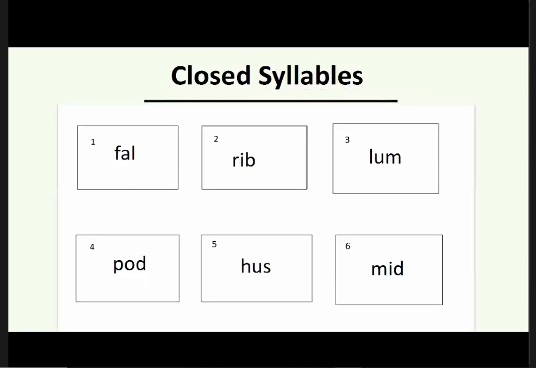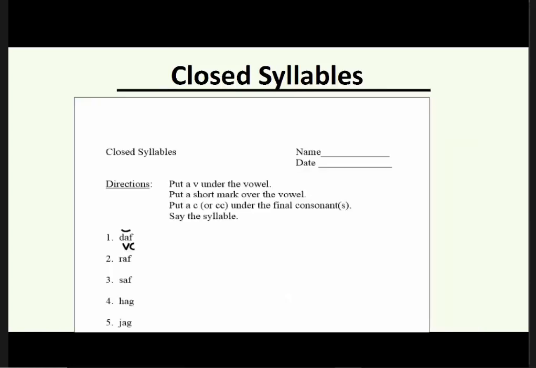3x5 cards can be drawn on a worksheet with numbers so that "who has the syllable that says foul" becomes "find the syllable that says foul. What number is it?" For the worksheet that begins with number 1, DAF, the teacher would have mailed it ahead